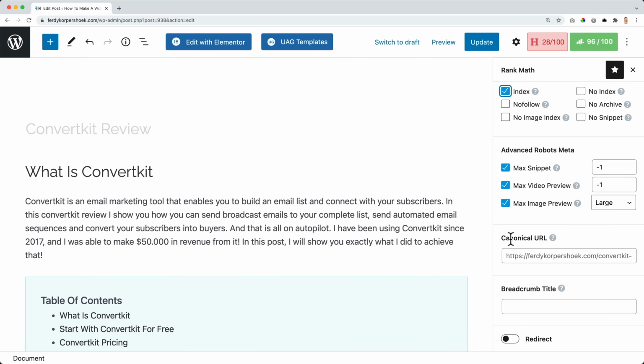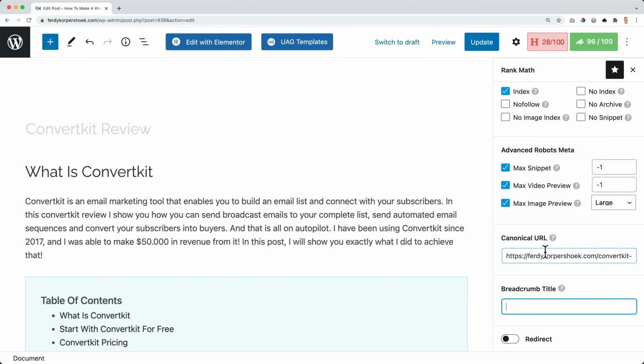Then there's the canonical URL. If I would have double content, we want to let Google know that this is the right URL, because it can be that you have HTTPS and then the blog post, or HTTPS www, and then it will be duplicated in the search results, and that's not what we want. So you can say HTTPS ferdykorpershoek.com/ConvertKit review.